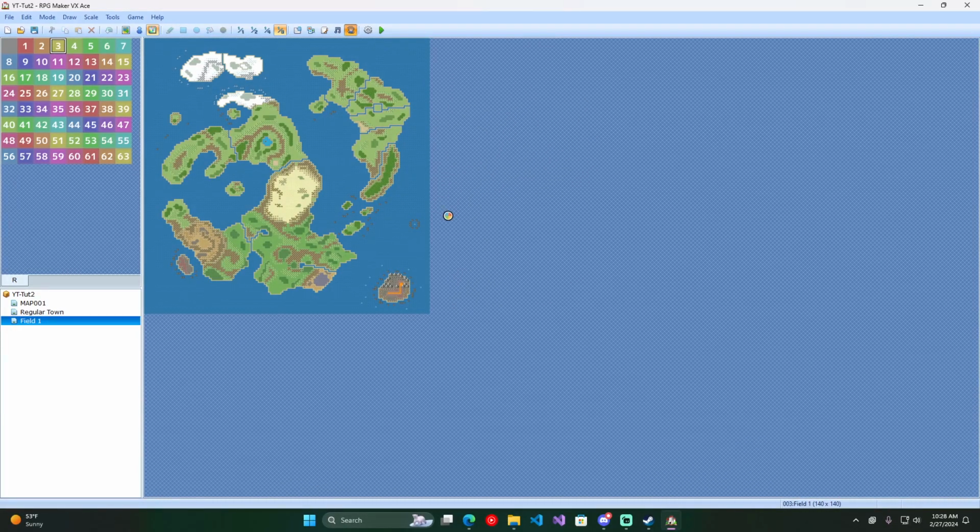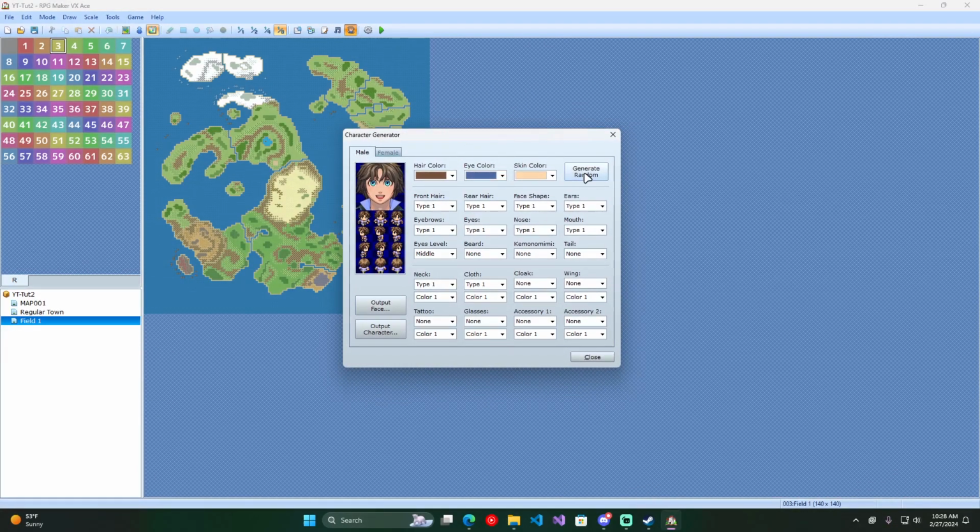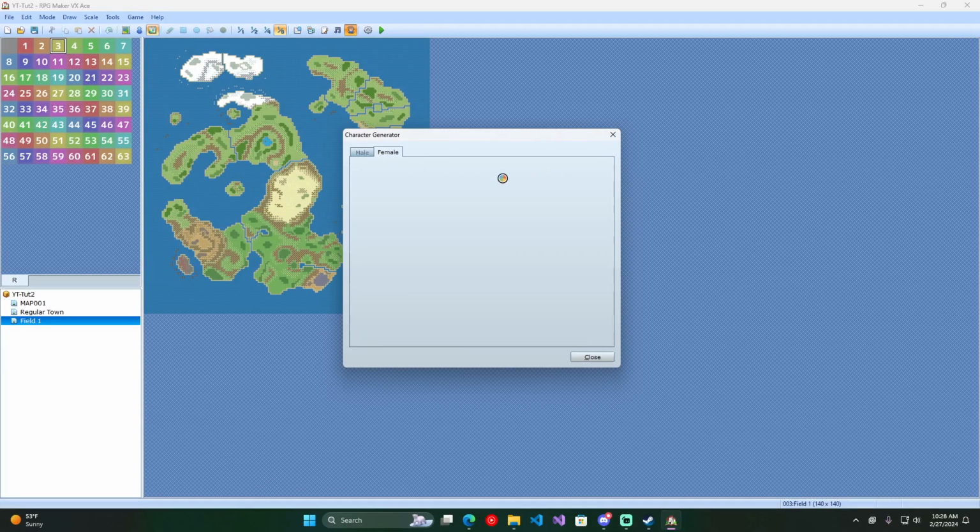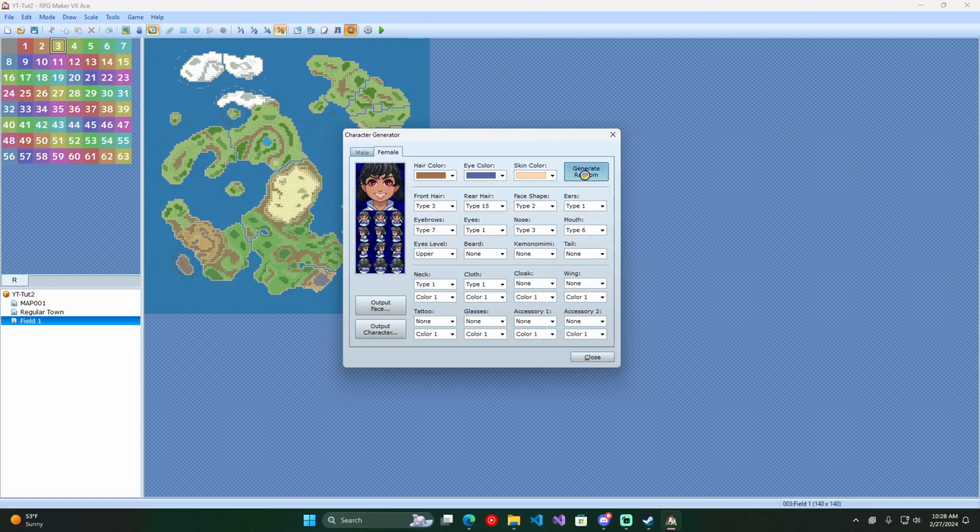Then you have your character generator. You could generate a new character at random, or you could do it yourself, however you want, literally however you want. A female as well, make it vampire, make it no vampire. Then you could output